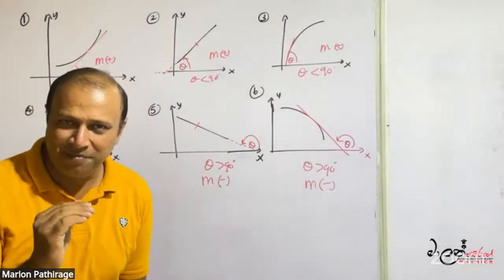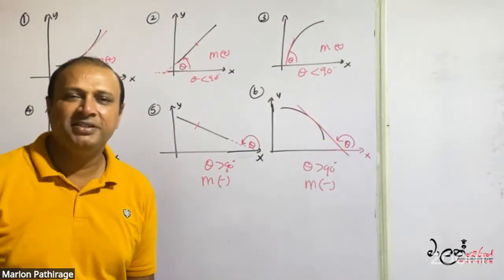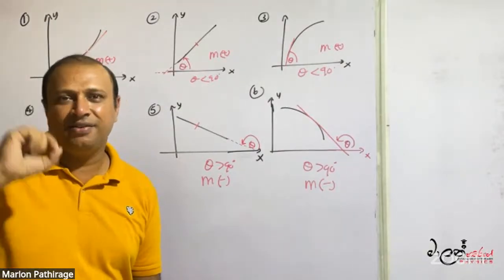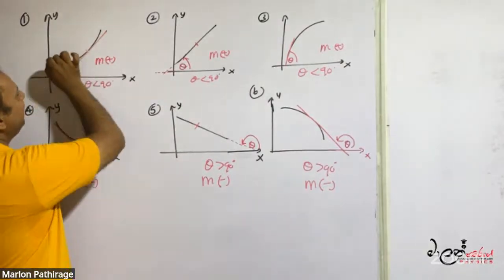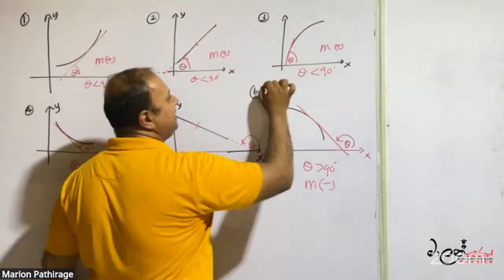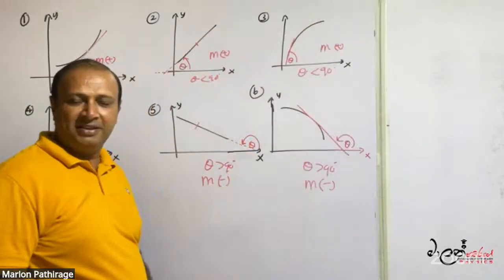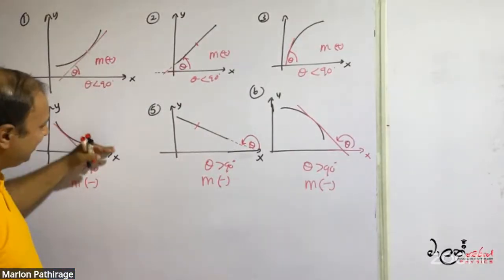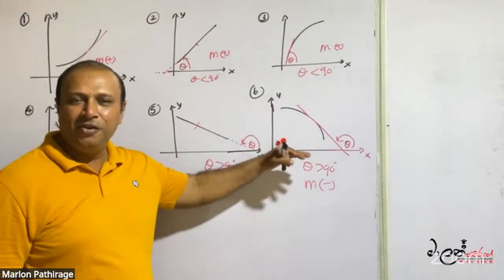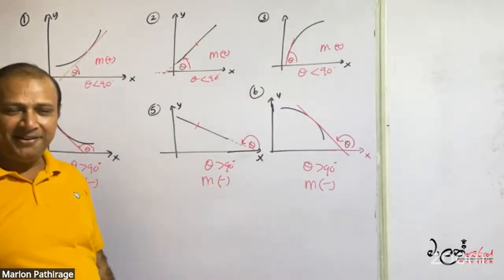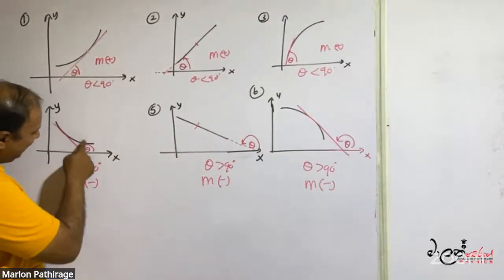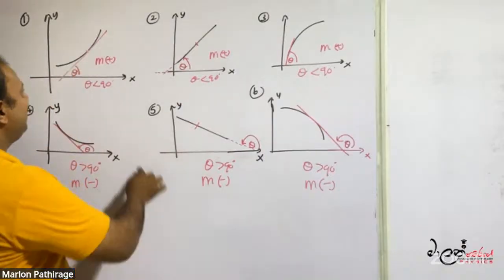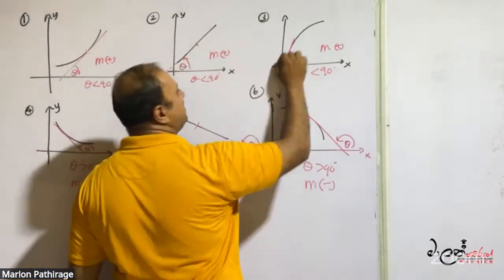If you observe the upper three graphs, it is very clear they are increasing graphs. If you observe the second row, it is very clear they are decreasing. So that means